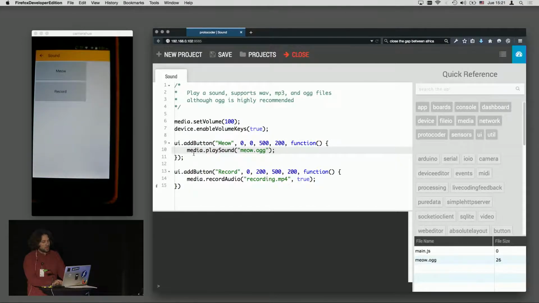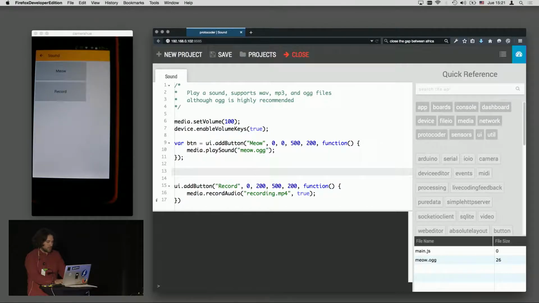It has a thing where you can execute code whenever you want without having to close or open the application. So in this case, for the demo, I'm going to get the instance of the variable. I'm going to assign the button to a variable. I'm going to close and open. And then the first thing I'm going to do, just to show you, I have a shortcut where I can live execute parts of code. So for example, if I press this shortcut, I can do this. Or for example, if I don't like this button there, I can say UI.move button, and I'm going to move it to this position. And it's going to do this.